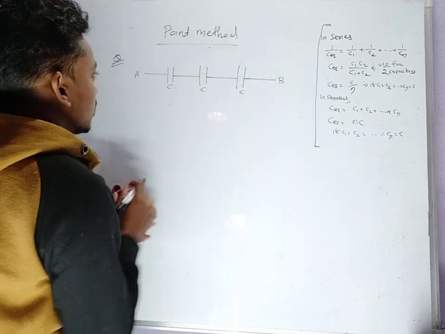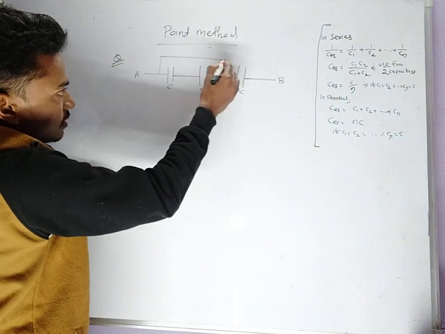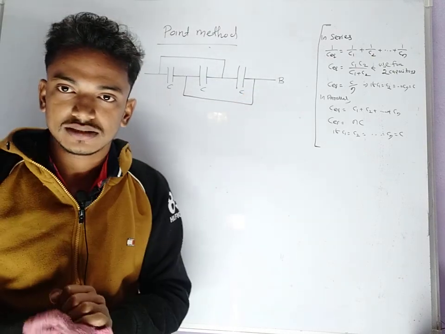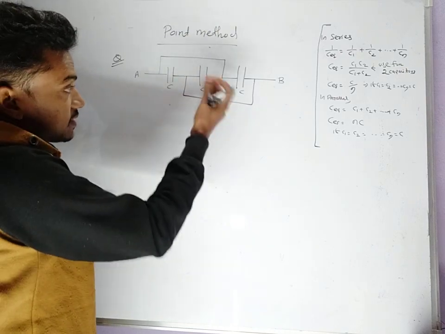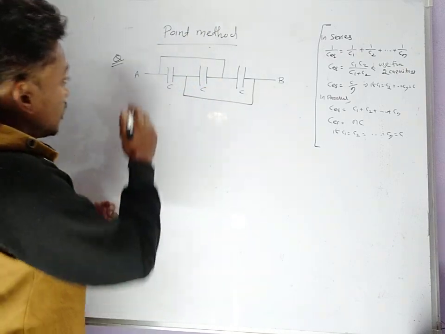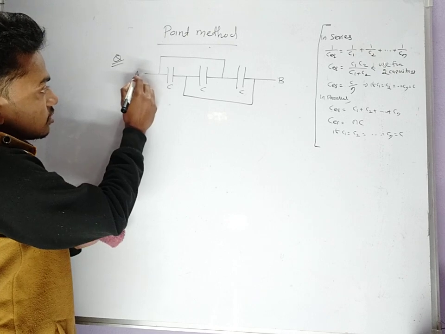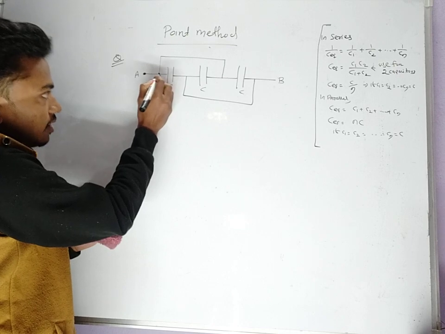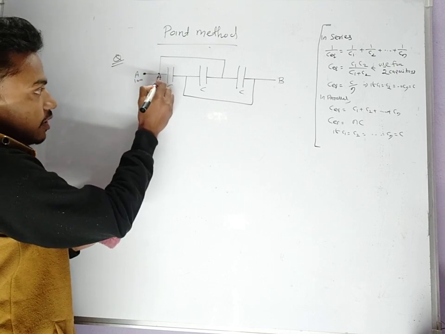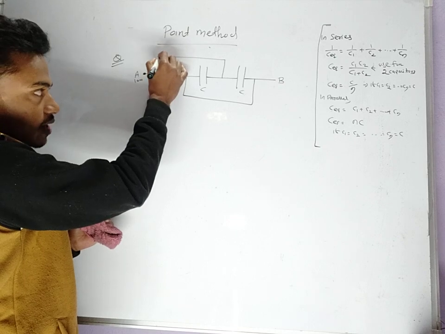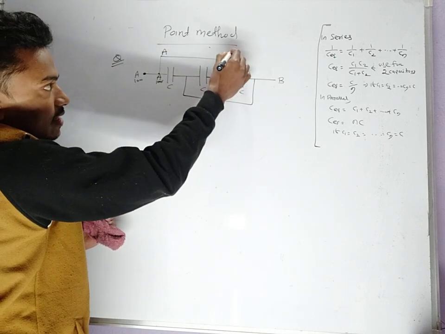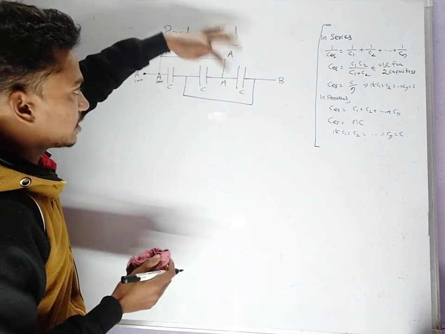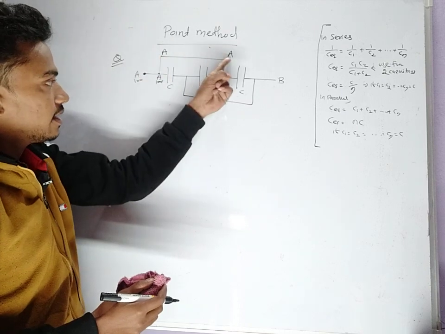But what happens if I connect simple wires like this and like this? Now find the equivalent capacitance. The equivalent capacitance will change. Suppose this point is A, and suppose this is 100 volt, so this point will also be 100 volt and this will also be 100 volt, means this is A, again this is A, this will also be A, since there is no element between these points. So this point will be A.